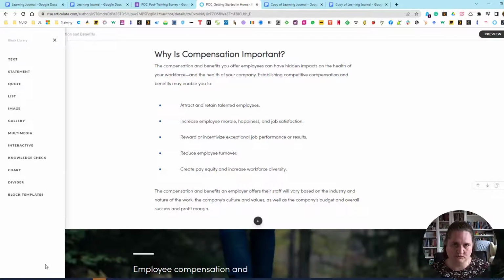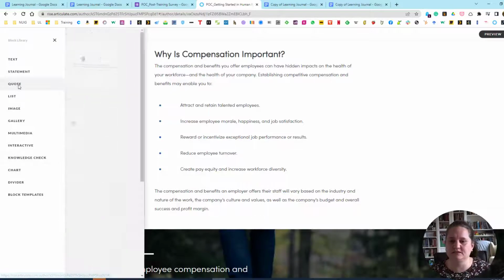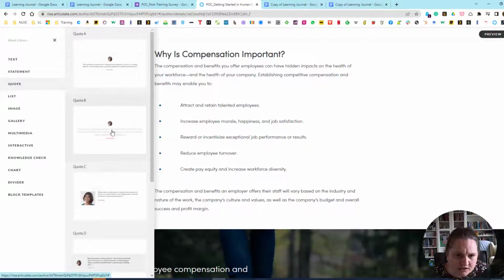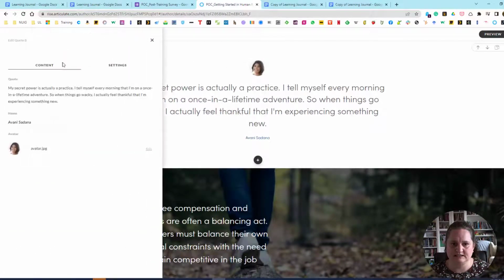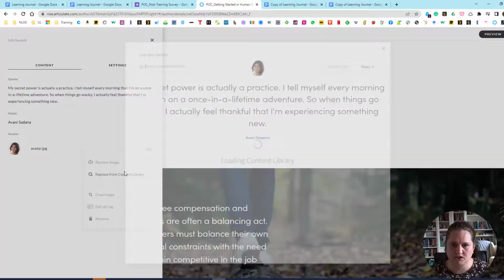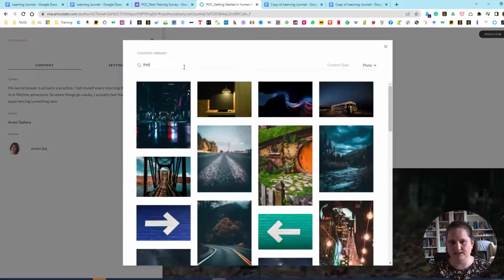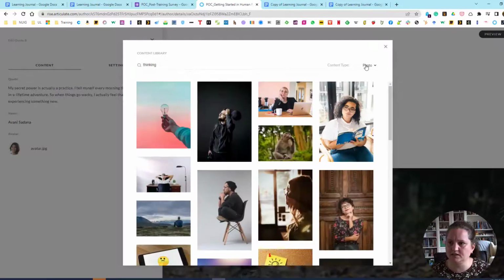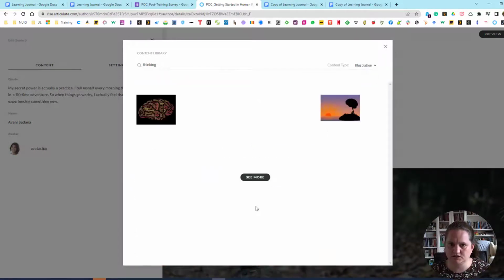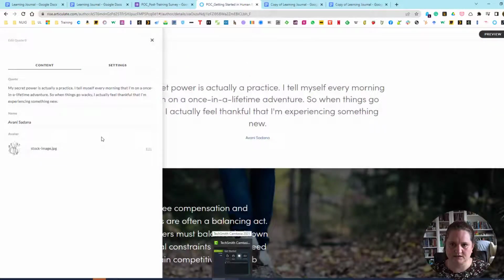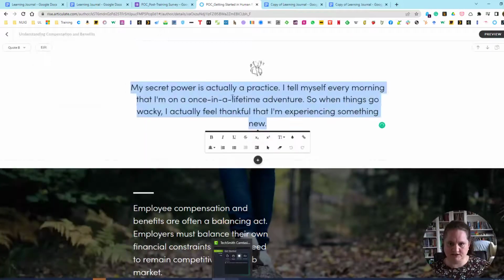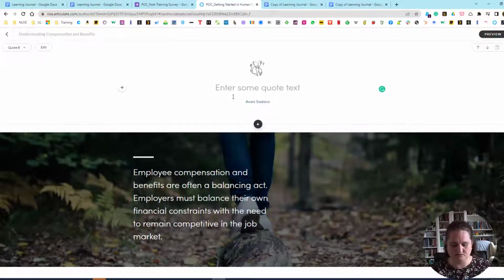And what I'm going to do is add a reflection, but I use the quote function to do this. So we have here, let's edit this, and I change this here. So let's replace the content library, and I'm going to look for a thinking, let's change that to icon for illustration. Put that there, nice little thinking guy. So here, and then I change this, delete all this off, reflection,